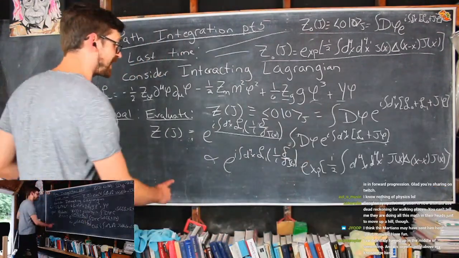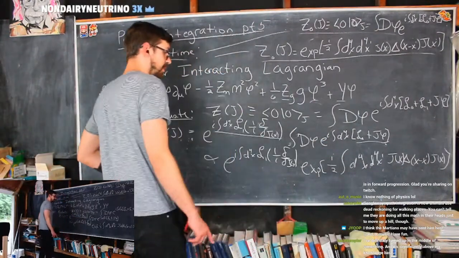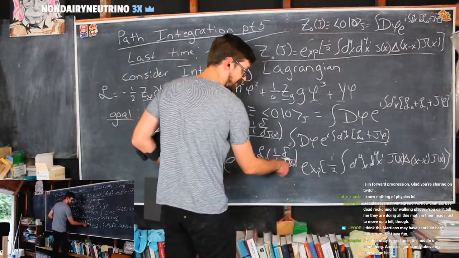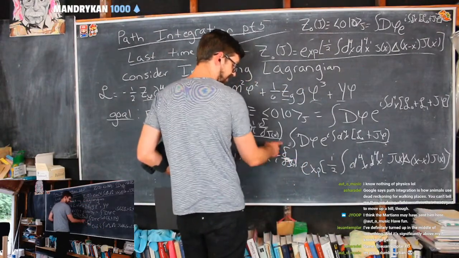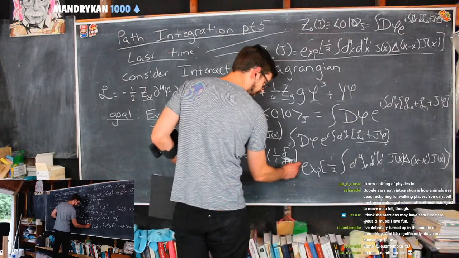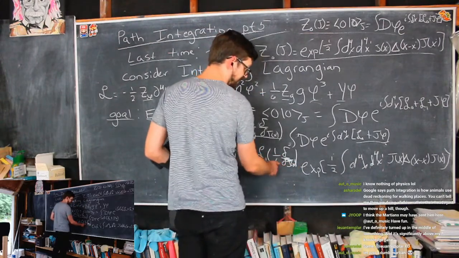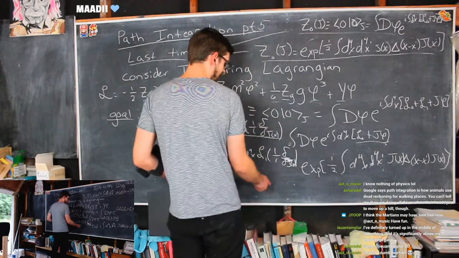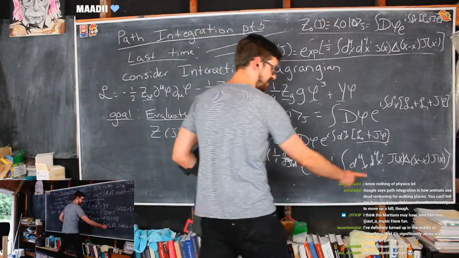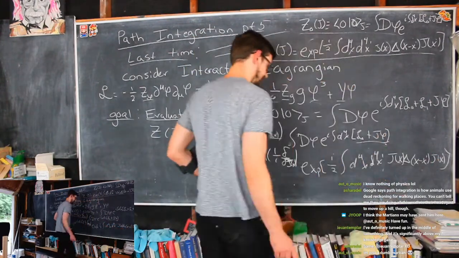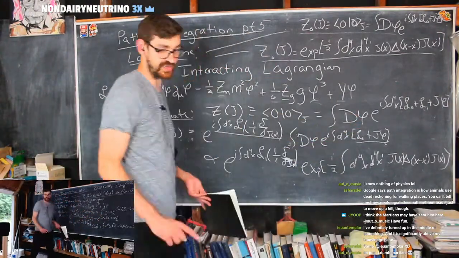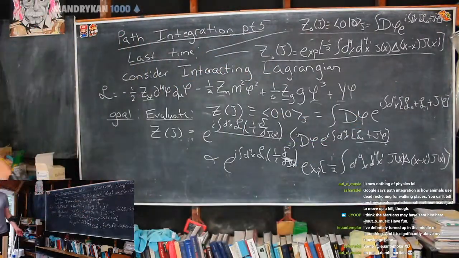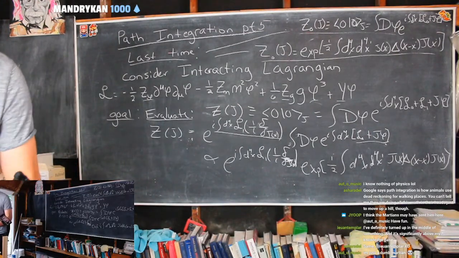But so we have these two exponentials, and we know that this is a functional derivative with respect to j of x. If you remember your derivatives from calculus, you have the derivative of something with respect to some variable. Functional derivatives just mean the derivative with respect to some function. So now we have a derivative with respect to some function, and those functions exist here. If these were not in exponentials, we could carry out this functional derivative however many times we needed to, right? So how do we get it out of exponentials? Well,